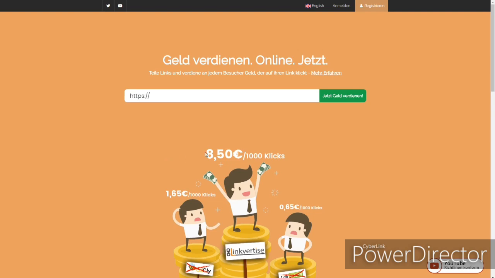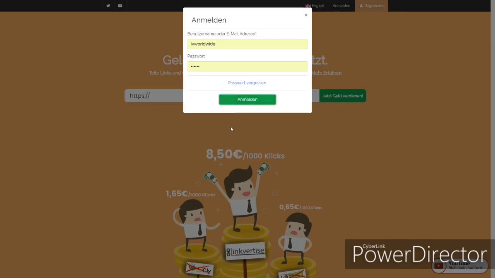If this has been done, the end user will see ads for a couple of seconds before coming to the wanted website that the original link led to. It's possible to make 10 to 15 euros for every 1000 clicks, which is an enormous amount when you take into consideration that this method works with any kind of traffic.